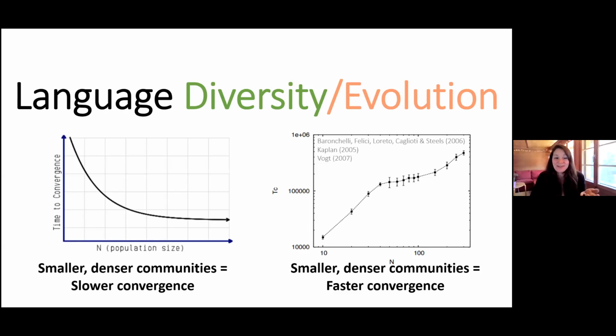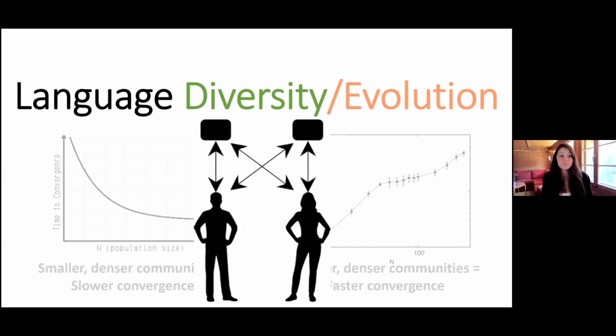So what's going on? Why don't these models fit the observations from emerging sign languages, even so much so that they show the exact flipped result? It's really counterintuitive. But we had an idea about why this would be the case. My best hypothesis is that individuals' memory of other individuals plays a role here. In the real world, when people interact, they remember who they talked to. They remember what that specific person said. And this type of source memory is generally absent from models of language and norm emergence.